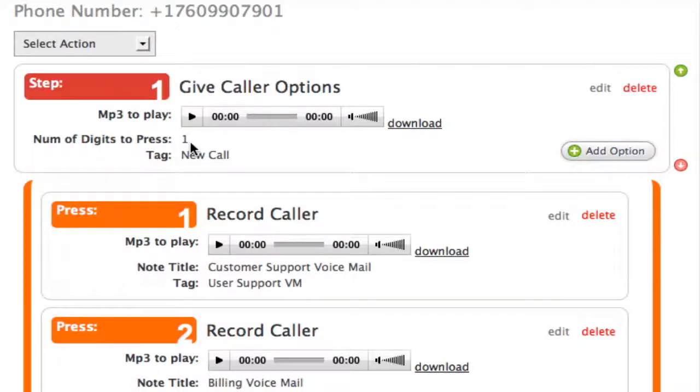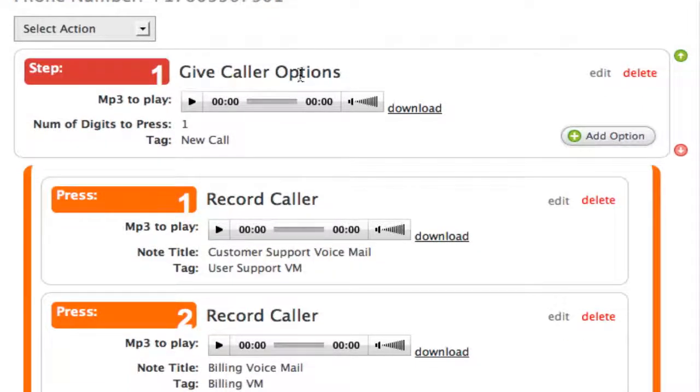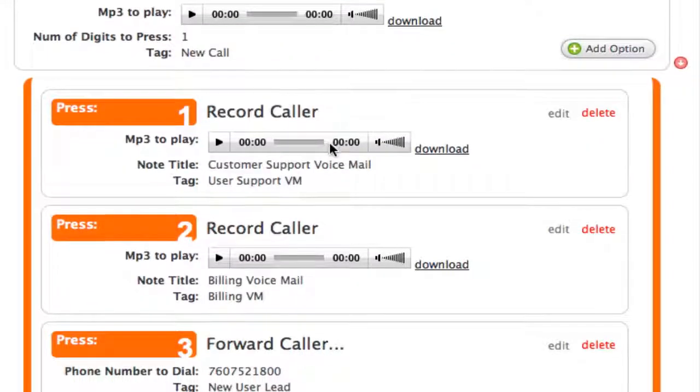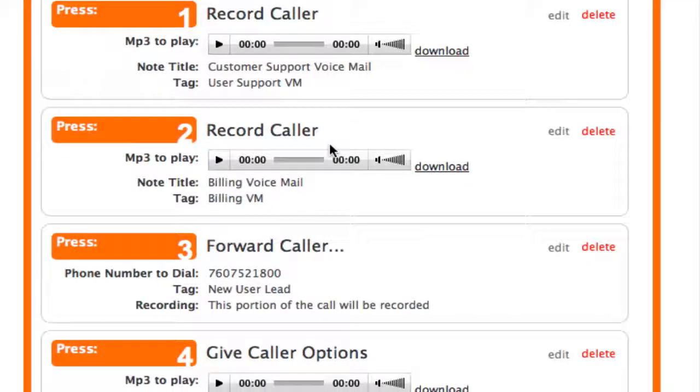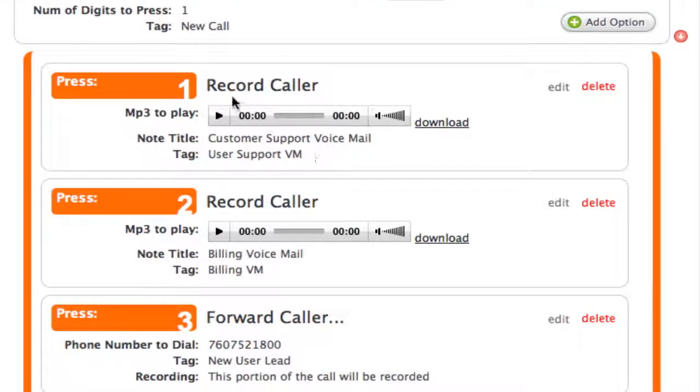We indicated the number of digits that would be available, so we were just using 1 digit, so 1 through 9 or 0 through 9, and then we applied a tag, which is a new call. Because we used the Give Caller Options section, we were able to give them the ability to press 1, 2, 3, and 4. Now you see right here, if they press 1, we record the caller, and so this was